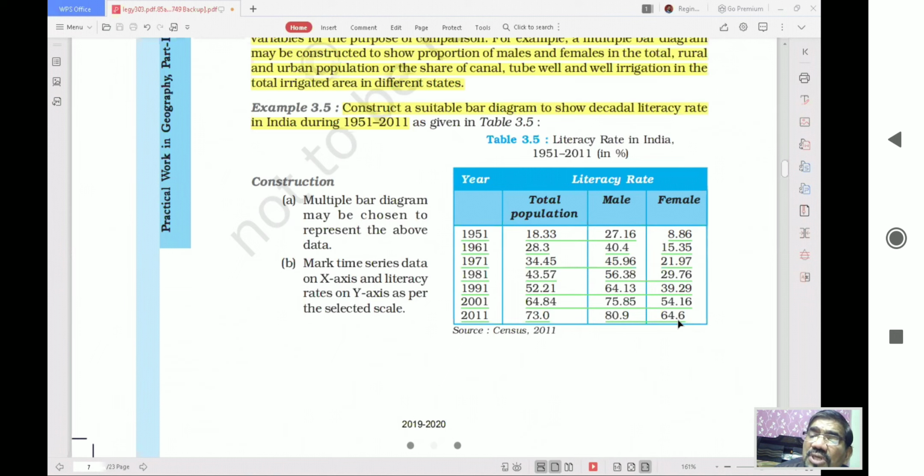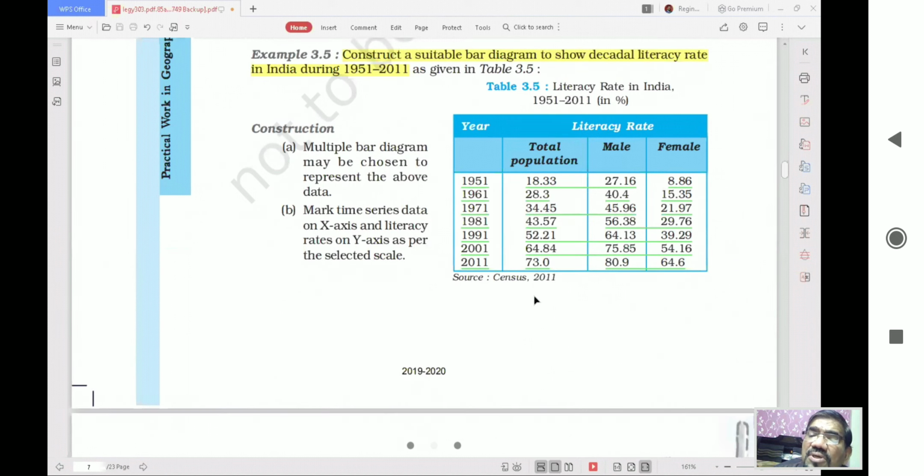This means, but when you total this up, 100% plus 100, it cannot be 200. So that is why you have to divide it by 2, and then this data comes in. So male, female, and total. The total literacy means total literacy of male and female together. So this will be the total, right? And here, if you see, because it has been mathematically calculated, it has become lesser because females are less educated as compared to the males. This is because of the social bias that our society has.